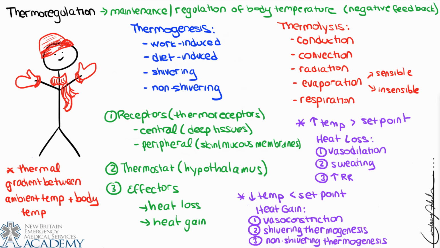So the ultimate goal is to control fluctuations in body temperature based on the rate of heat production and heat loss to the environment. And we know that maintenance of homeostasis in this department is critical because if we have a significant increase in body temperature, we know that we can have similar effects as if we had a decrease in pH, including protein denaturation. And conversely, if we had a significant decrease in body temperature, we would have a decrease in metabolic activity and slowing of many important functions.